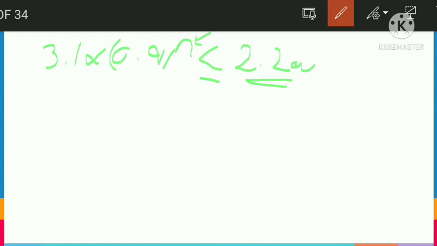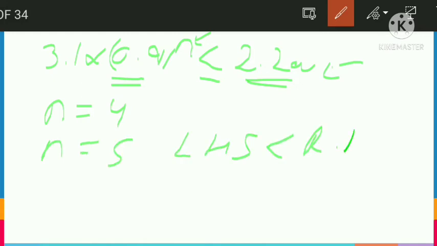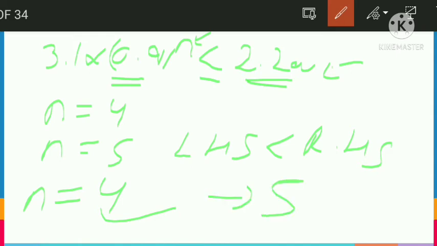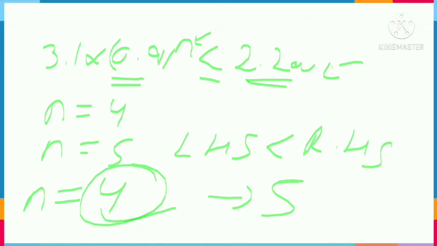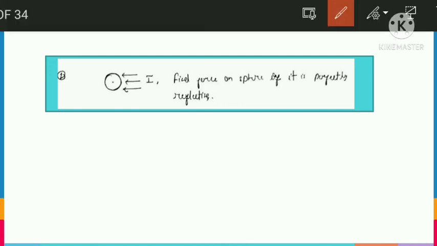By the hit and trial method, if you put n equals 4, the value comes greater than this, but at n equals 5, the LHS value becomes smaller than the RHS. So the maximum number of collisions will be 4. After getting 4 collisions, it will still be able to come out, and it will not be able to come out if it receives a fifth collision. So this is our answer. Friends, I think this question is clear to you, so we can move to our next slide. So yes friends, for today we have approximately covered all the topics and all the questions.